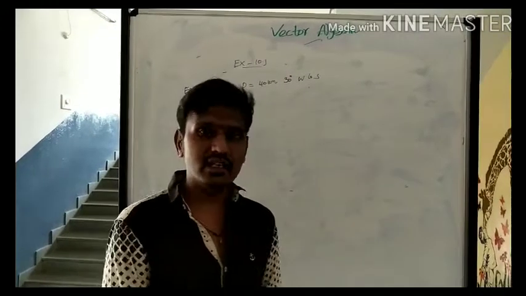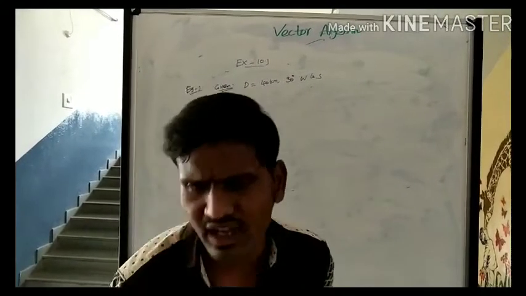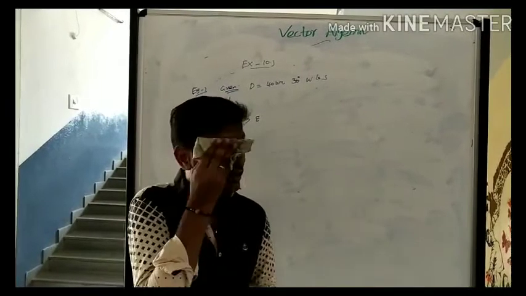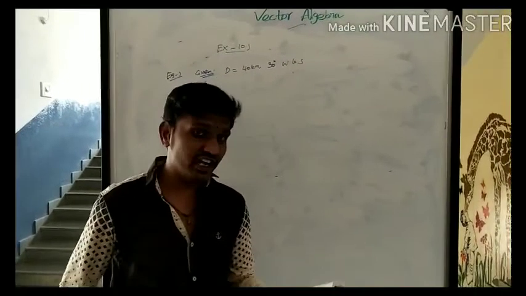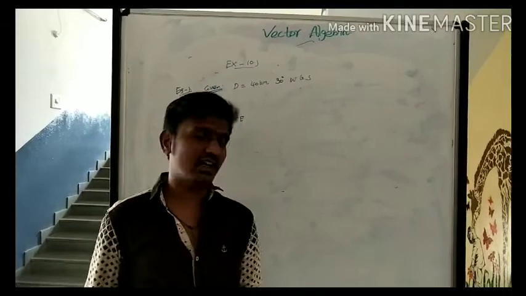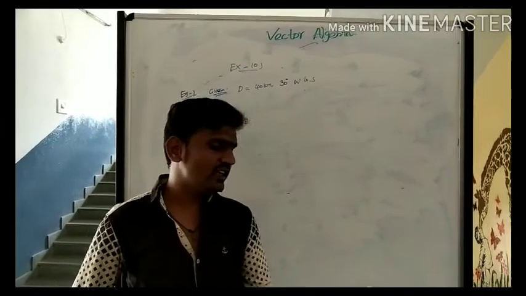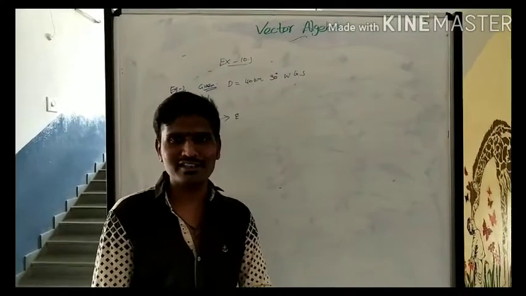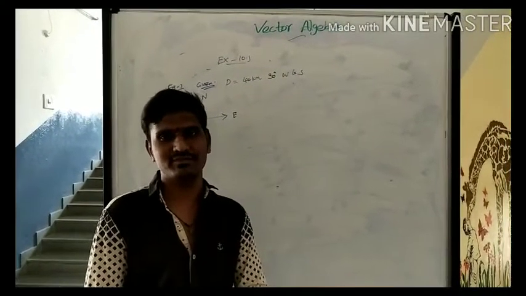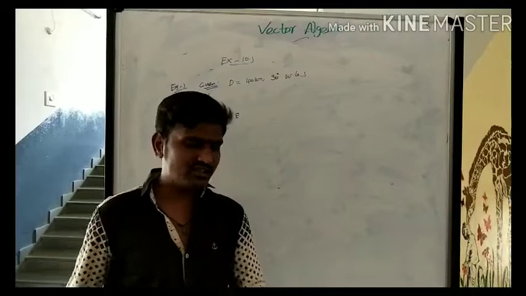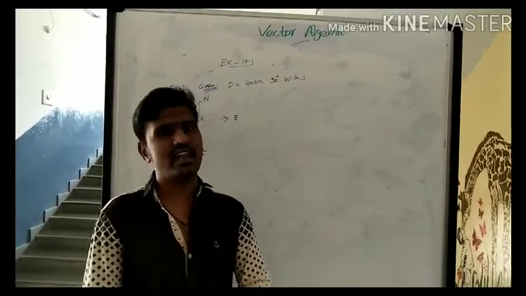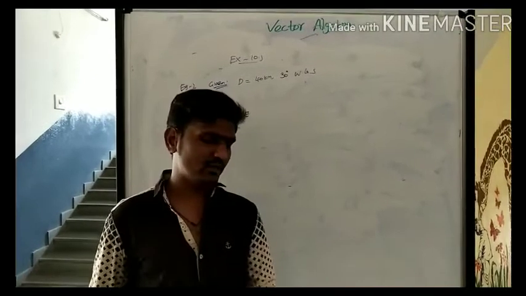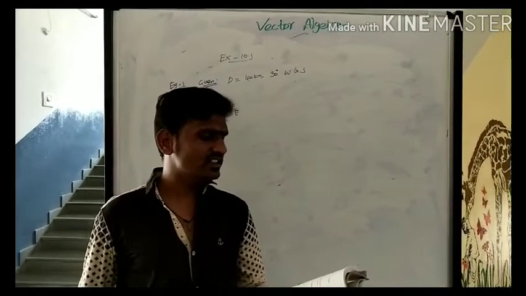And the third one is degree. Degree is measured by angle. Angle measurement is degree. So 40 degree is a scalar. And 40 watt. Watt means watts, W-A-T-T. You are supposed to know that. So that one is scalar. We don't have any kind of direction. So that's why it is a scalar.